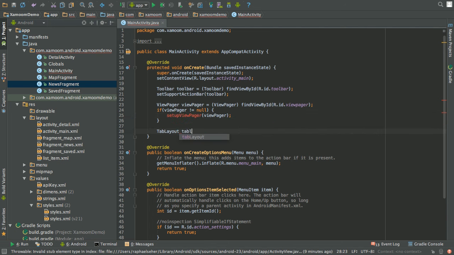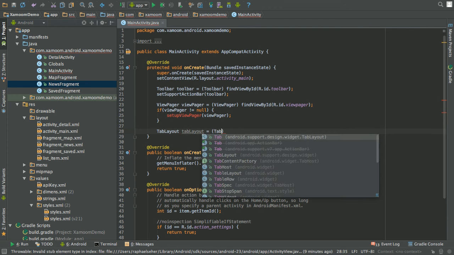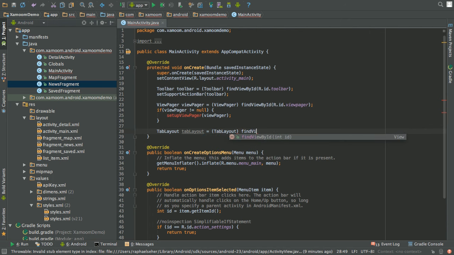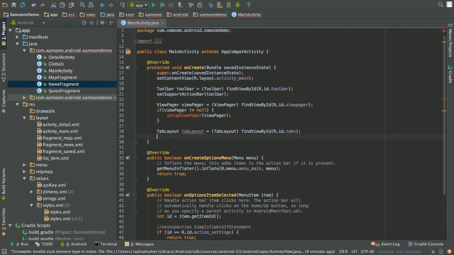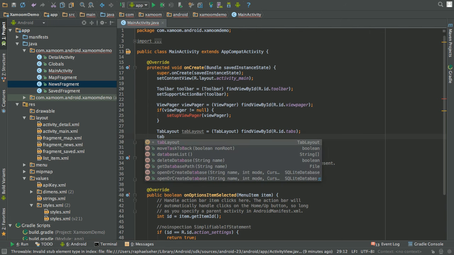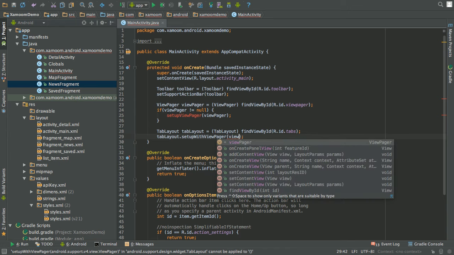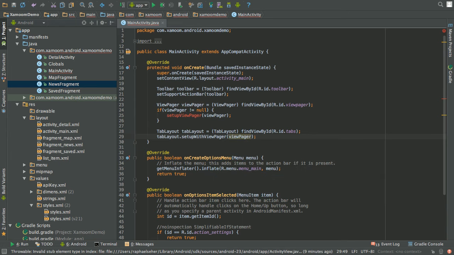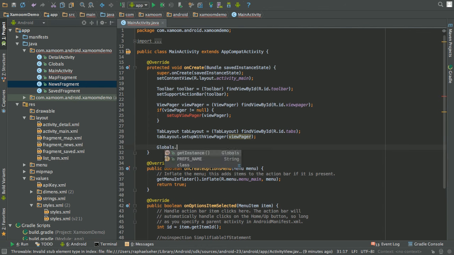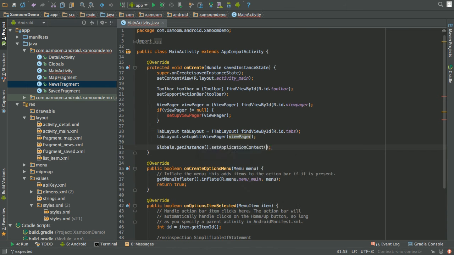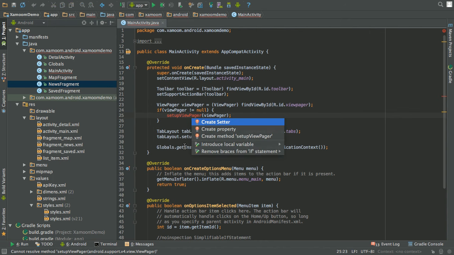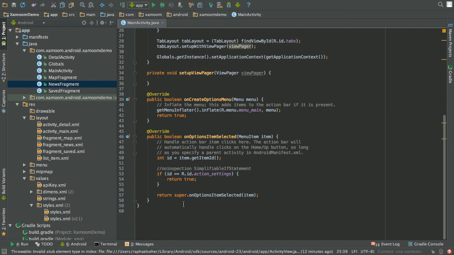Of course, we haven't implemented this method right now, but we will do very soon. But first load tab layout, and set it up with our view pager. Initialize our globals object by setting the application context. Now let's implement this method